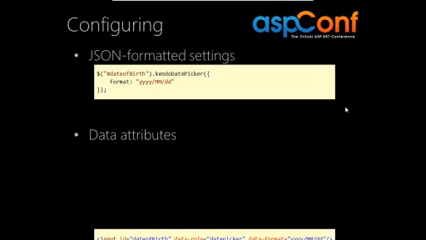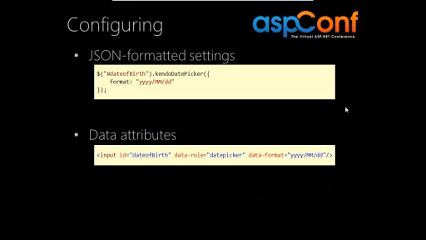So configuration. As you would expect with any third-party suite of controls, the UI widgets are extremely configurable. There's multiple ways to do it. Documentation on the configuration options can be found on the KendoUI website, where each widget has its own page dedicated to how it can be configured, and that's just docs.kendoui.com. So how you configure your widgets depends on which method you chose when initializing your widgets. So if you use the basic non-declarative initialization that we first looked at, where we just had an ID of date of birth,